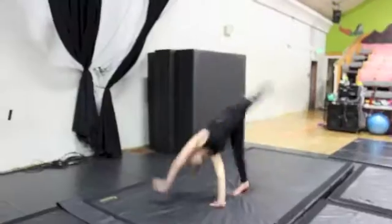Flexibility, the quality of bending easily without breaking. I think I meet that definition. Is this like...